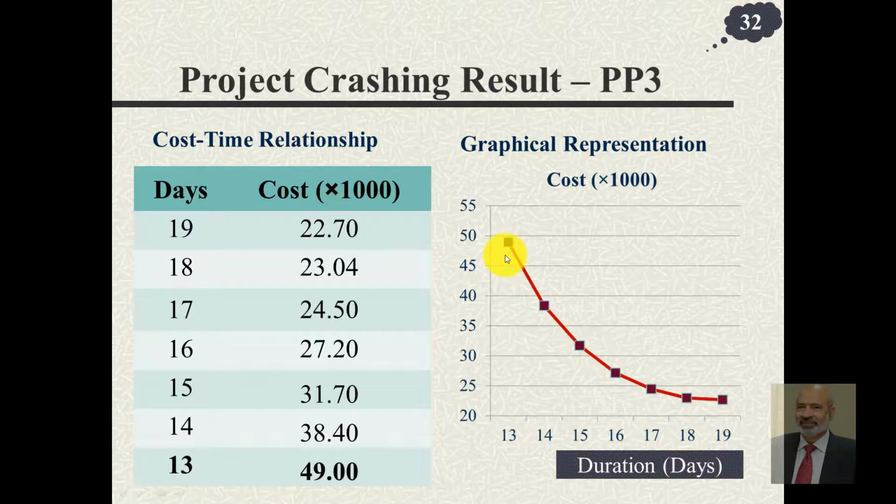Now somebody would say, why do we do this? If we had to come from 19 days to 13 days, we could follow any path. The answer is yes, we could follow any path and we could have gone like this and would have reached the same point. So why didn't we do this? Why did we want to go for minimum incremental cost, and we wanted to choose that activity which would end up increasing the cost by minimum possible amount?